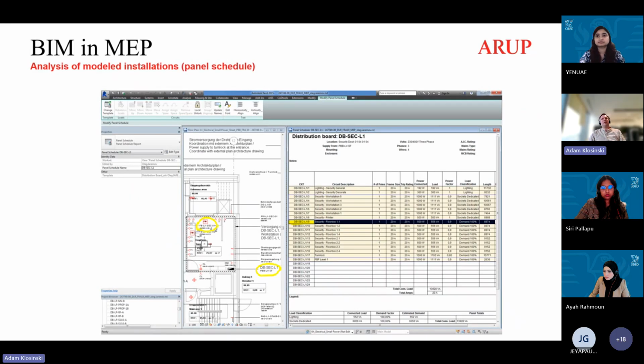But okay, so it's in relation to the MEP discipline. It's not only the mechanical part; it's also the electrical part. And what's being widely used is the panel schedule for all of these electrical elements, which can produce automation within the total loads and so on. But once again, to allow this to work smoothly, all of the elements should have the appropriate